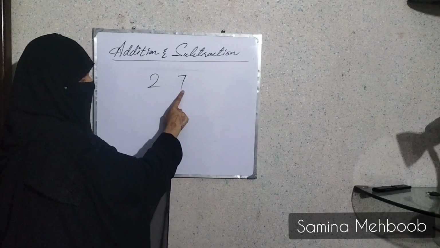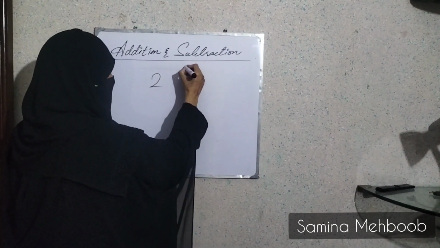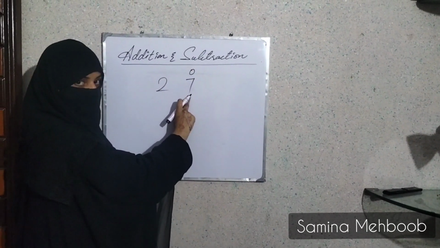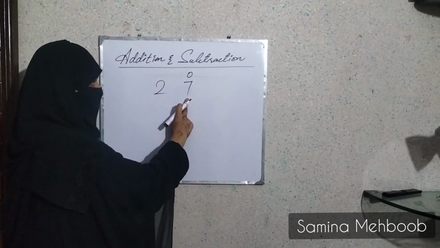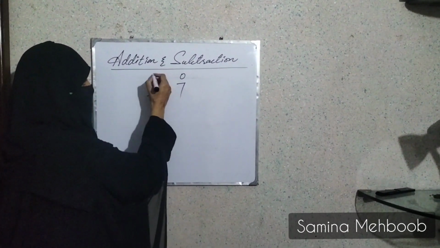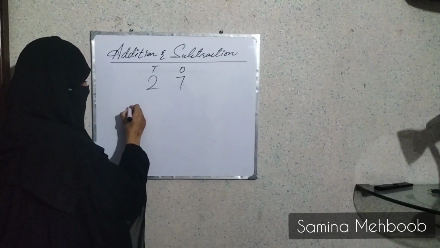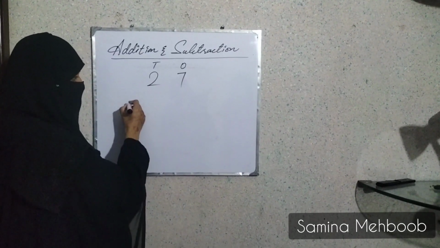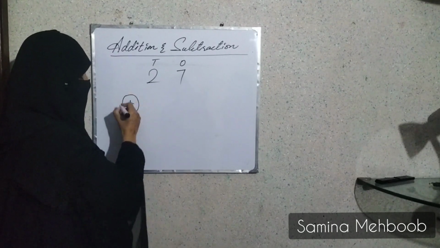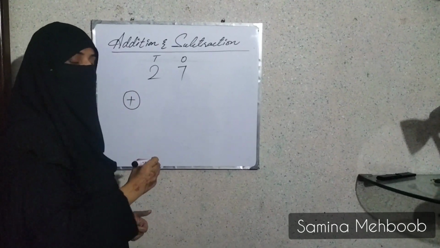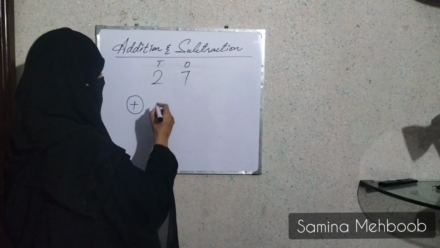What's the place value of 7? Ones. This is the rightmost digit. And after the rightmost digit, the second number's place value is tens. Now, the first operation is addition. This symbol is called the addition symbol and it is also called plus. The second number is